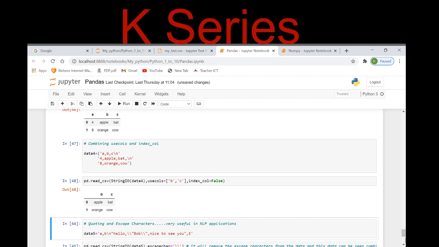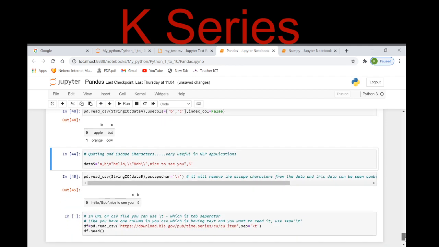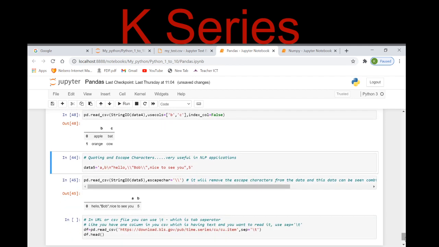Now quotation marks and escape characters are very useful as far as NLP, natural language processing applications, are concerned. You have to use them whenever you are performing any operations in NLP. So here I have taken one data 5, which is a combination of quotation marks and escape characters also.